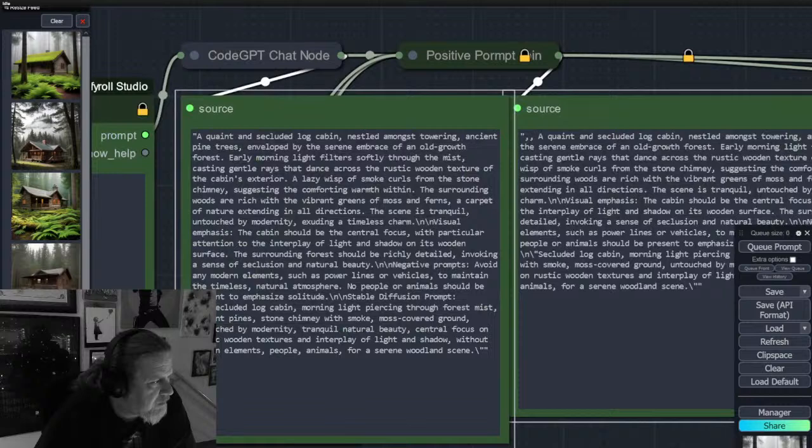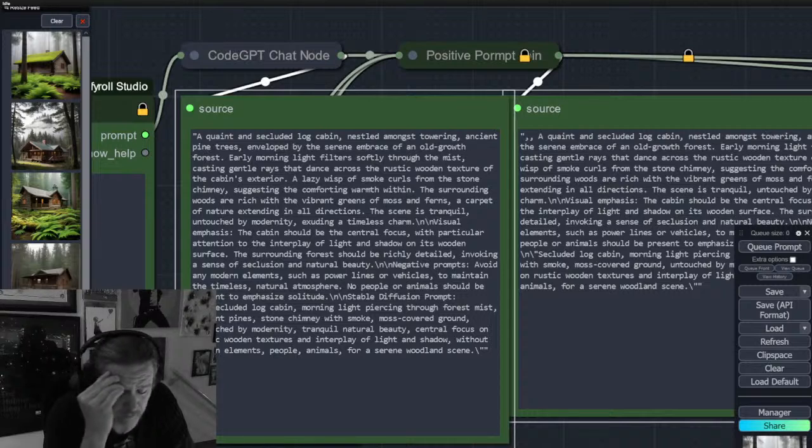But the Code GPT agent has been trained on various techniques about best prompting techniques, what to use, how to call things out, and even given references to negative prompting. So it does